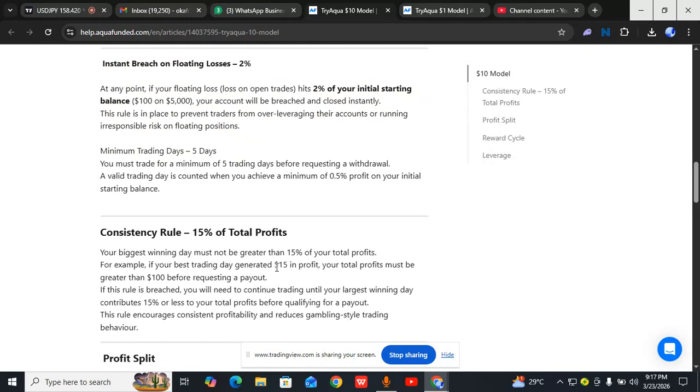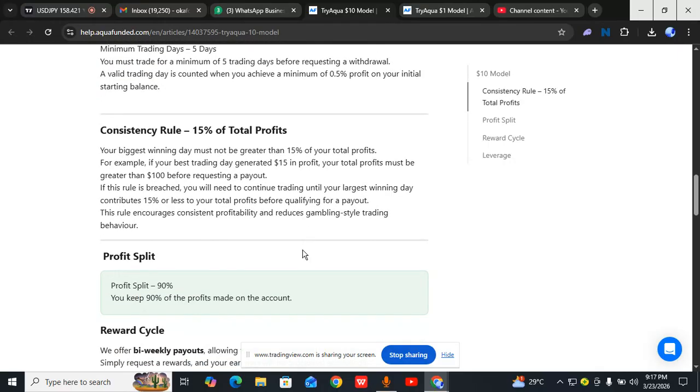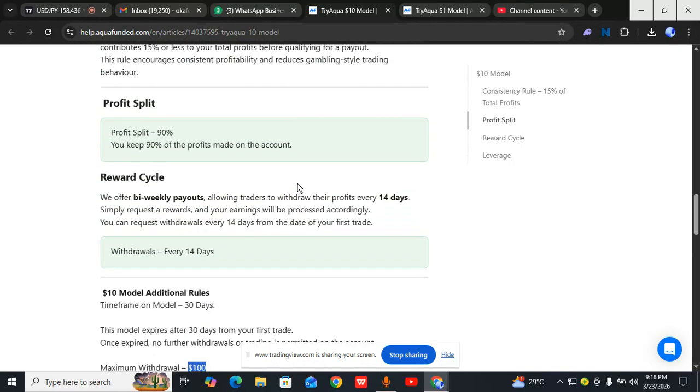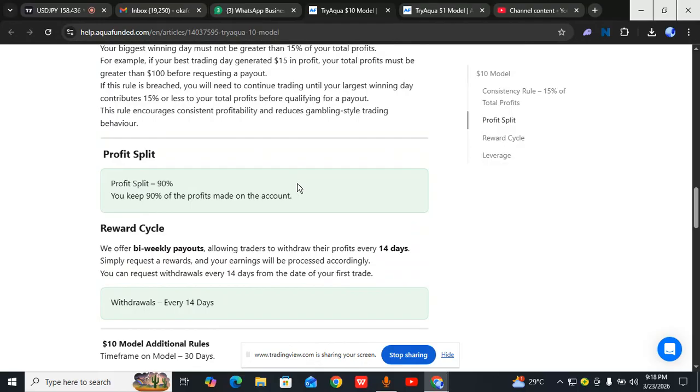In fact, that's the only advantage I said the 5K account has over the 1K account. Now, the other issue with the 5K, I don't know if it's an issue, but a flaw somehow, is that no matter how much you make on this account, the maximum you are still going to be able to withdraw is $100. So you also want to do your calculations very well. If you ask me personally, what I think you should do with your 5K account is just use a negative risk to reward trading system, whereby you just target 15